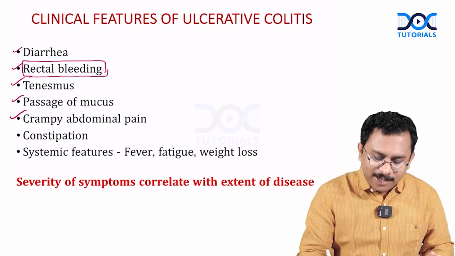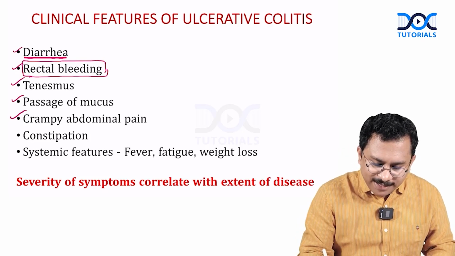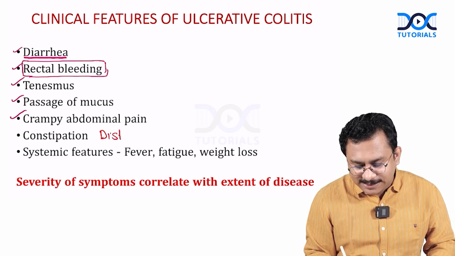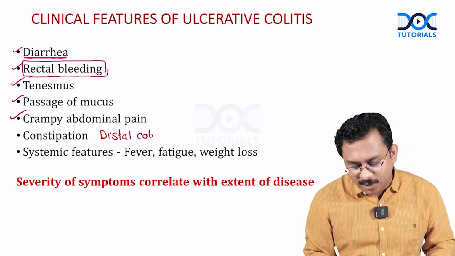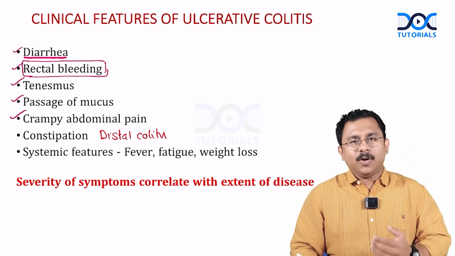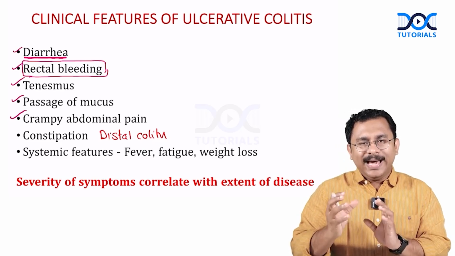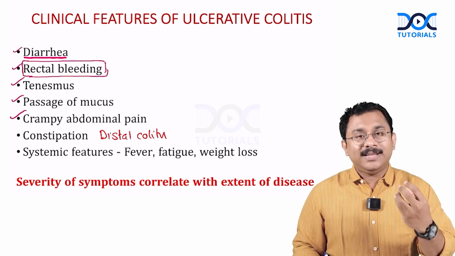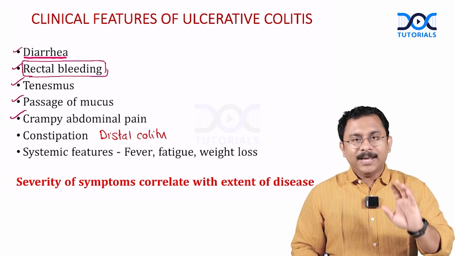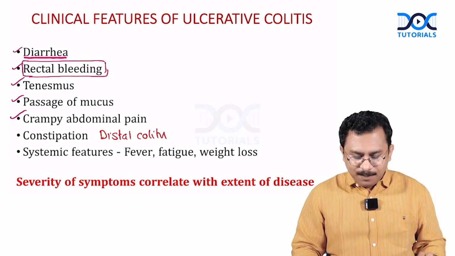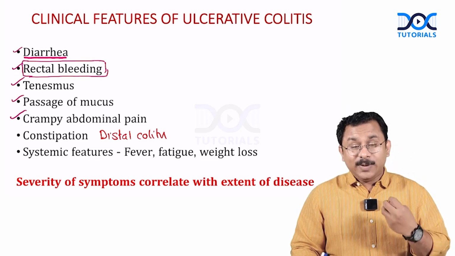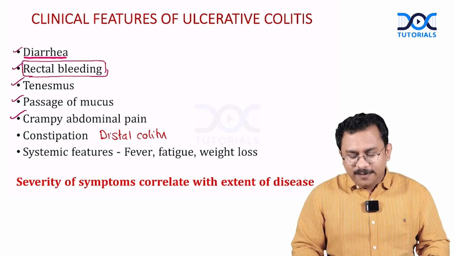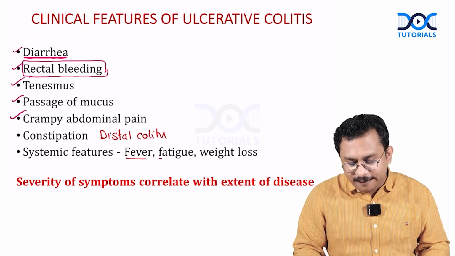Remember, usually what happens is diarrhea. But when there is a distal colitis, that is when you have got a proctitis or a proctosigmoiditis, so in that case, the proximal motility might be reduced. In that case, you can have a constipation. Otherwise, what do you expect? Diarrhea. Okay. And some patients, especially severe form of ulcerative colitis, can have certain systemic features like fever, fatigue, and